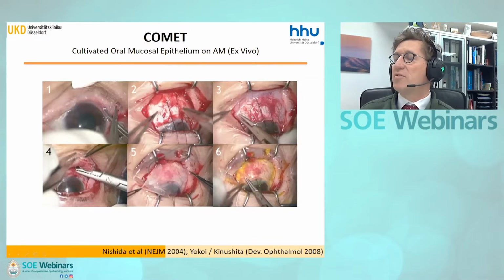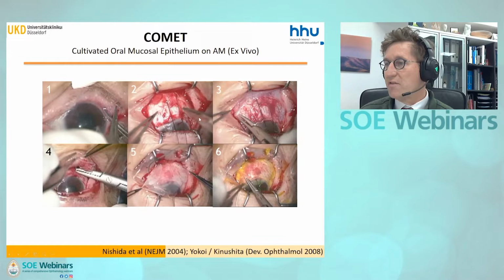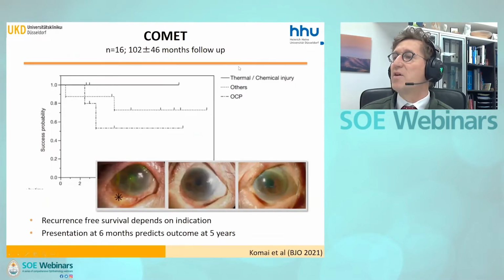If you have a fancy laboratory, you can use cultivated oral mucosal epithelium that is expanded ex vivo on amniotic membrane to cover such large conjunctival defects. Here you can see the post-op result. We know now from a small group from Japan of 16 cases with 10 years follow-up that they survive. No conjunctival shrinkage is observed, but in cases with inflammatory conditions, such as ocular cicatricial pemphigoid, half of the cases showed severe recurrence of